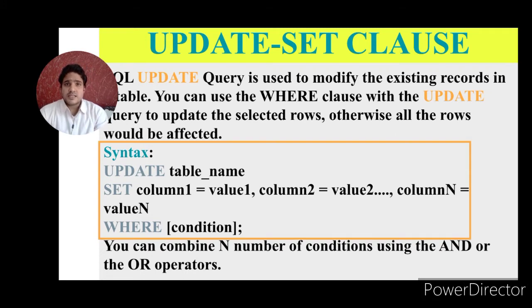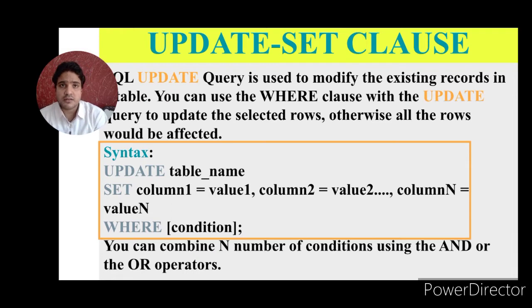One more thing I am saying is that if you use only the update and set commands, whatever value you give will be changed in the whole column, across all rows along with the attribute. If you use the where clause with conditions, then only the particular row value will be changed along with the attribute.